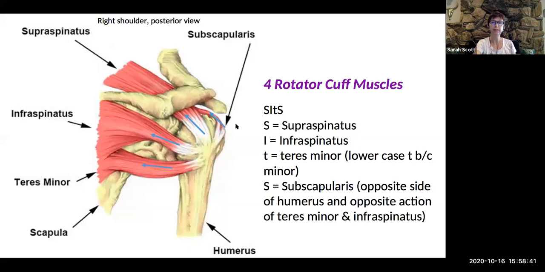So these ones, as I've mentioned before in lecture, form the rotator cuff. So we've got supraspinatus, infraspinatus, teres minor, and subscapularis. And the reason we pay so much attention to the rotator cuff muscles is because this is a very loose joint. And so the action of these four muscles is really to help maintain that joint because it does have a tendency to move around rather a lot.